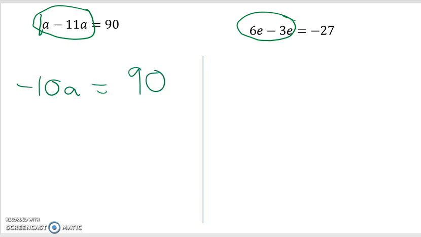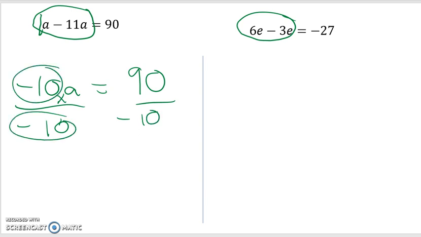And then I just want to reverse this operation of timesing by minus 10. And I'll reverse that by dividing by minus 10. So any number divided by itself gives you 1, so we're left with a, and 90 divided by minus 10 is minus 9. Finally, this equation, 6e minus 3e, that will give me 3e equals minus 27,